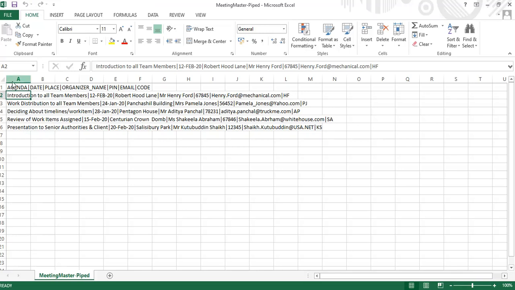Have a look at that. I'm opening that in MS Excel. The extension of the file is CSV. You can see that even MS Excel is not recognizing the format.